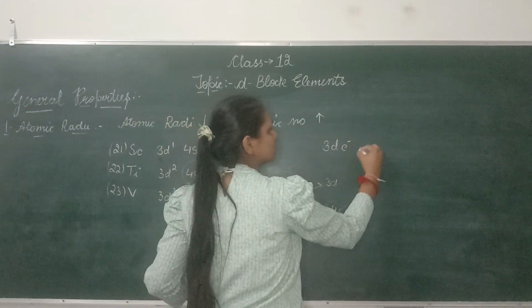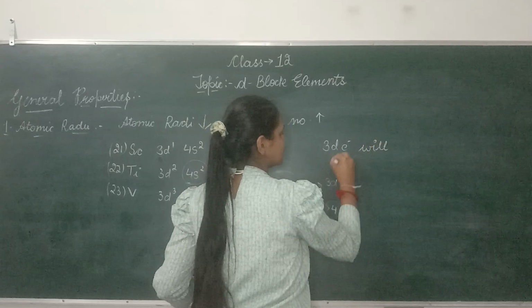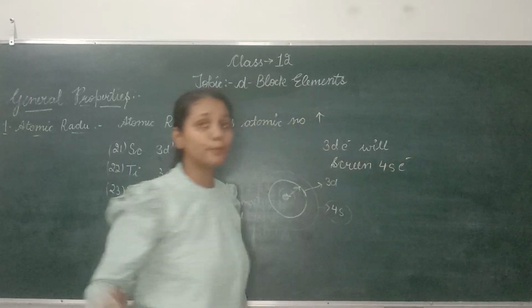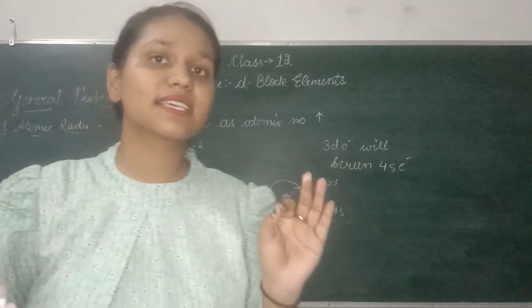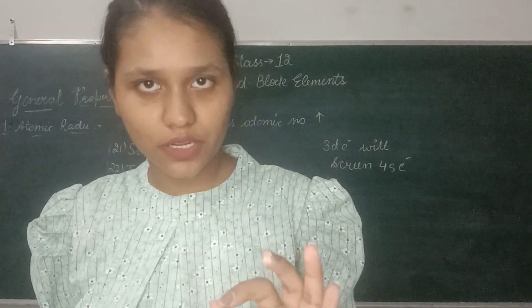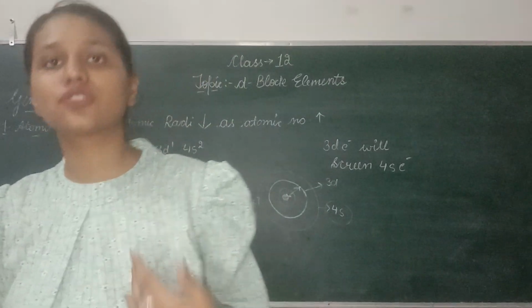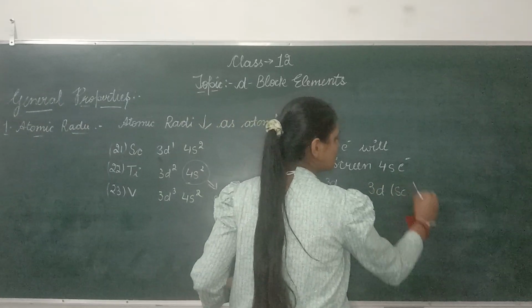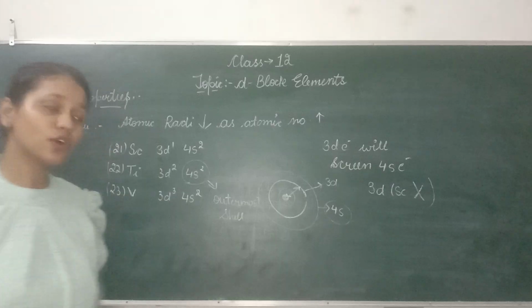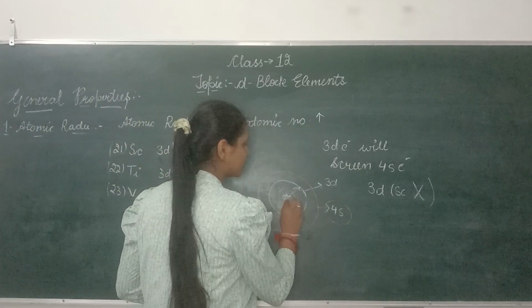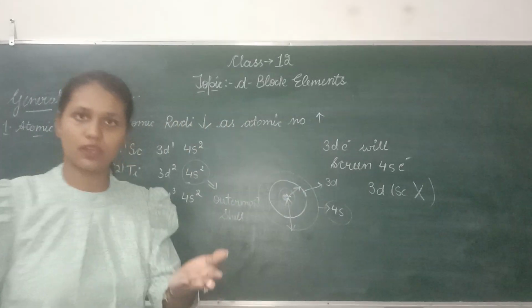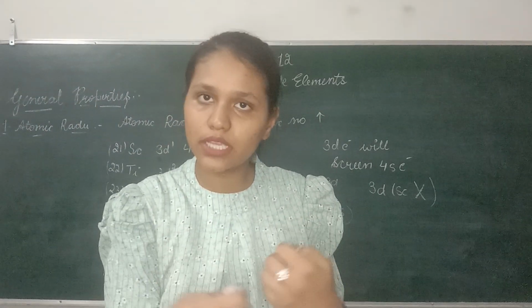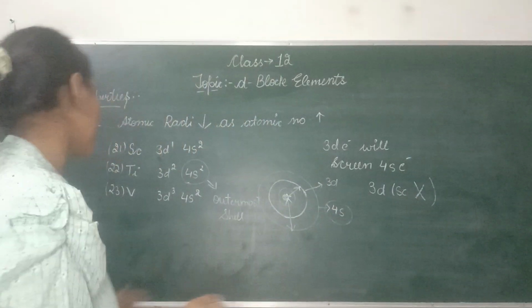3d electrons will screen 4s electrons, but the screening effect of the d subshell is not much stronger. So the 4s orbital also feels some attraction towards the nucleus. So electrons get attracted towards the nucleus, size decreases, so the atomic